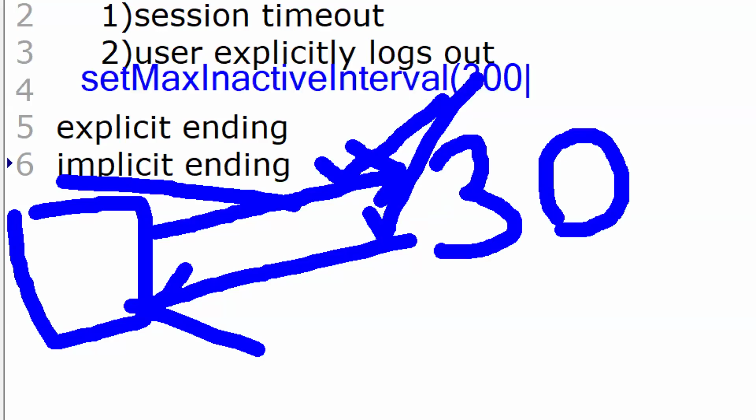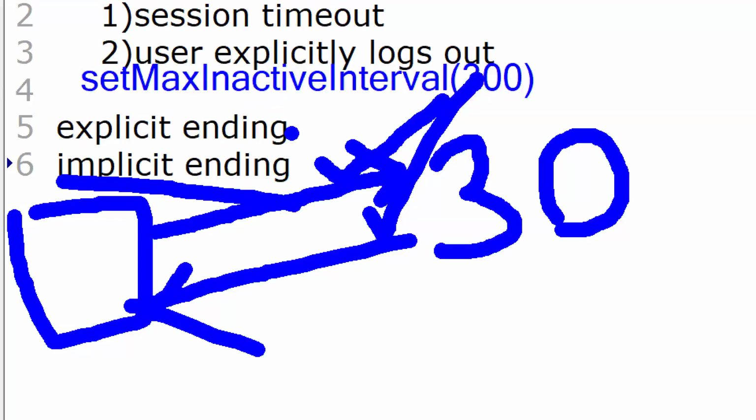Say 300 seconds, 5 minutes I am setting. If the user is inactive for 5 minutes, no problem. If it is crossed, that fellow will be automatically logged out. That is called session timeout. In web.xml also we can configure it. Once again, please, it is a conceptually very important topic I am explaining.